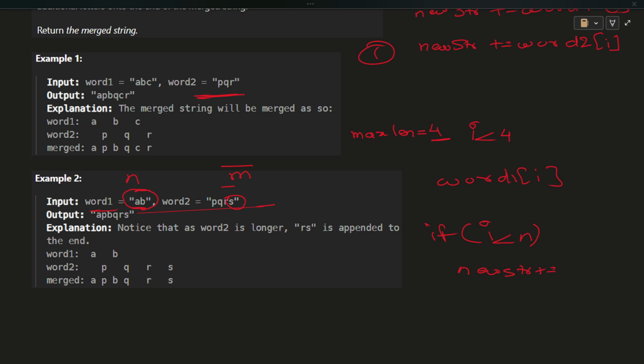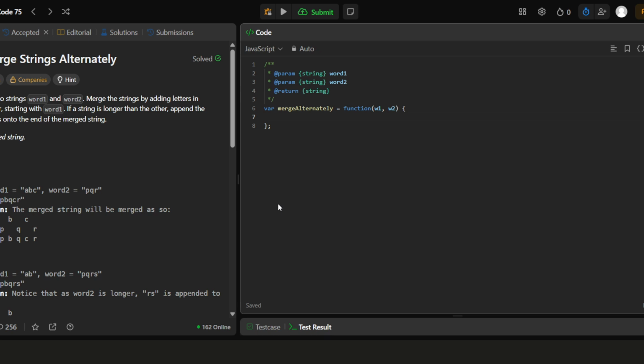We will take two variables, n and m, which will hold the length of word 1 and the length of word 2. Next we need a new string variable to store the result.